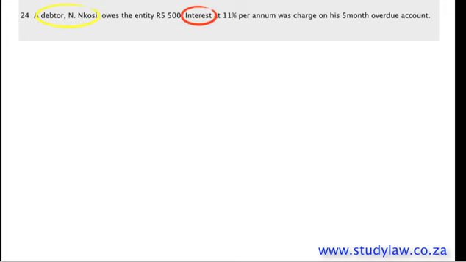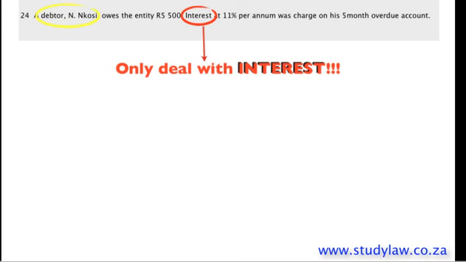It's very important to note that in this question we will only deal with interest. This is because 5 months ago when N. Corsi first came to our store, he purchased goods worth 5,500 Rand. On that day, we already entered that sale. This means that in our books, we have already recorded that N. Corsi owes us 5,500 Rand. This time, if we were to re-record the 5,500, what we would really be saying is that he owes us